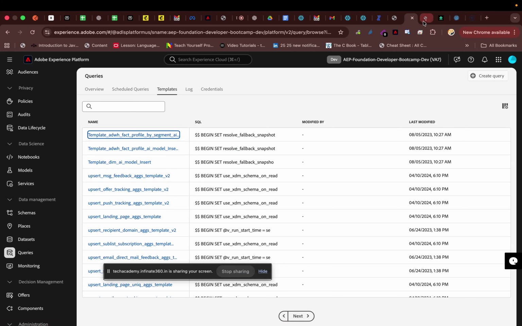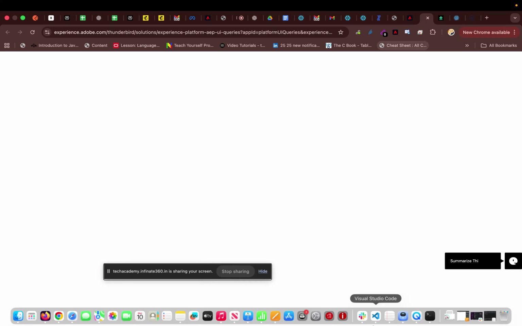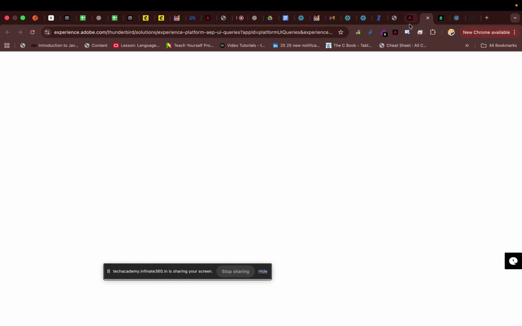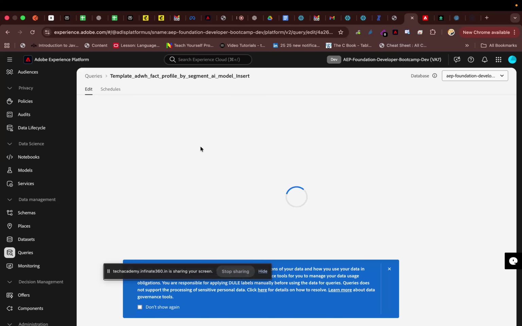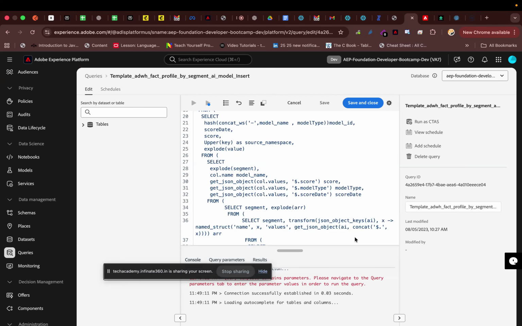How can I retain that profile data? I have written some queries which I have copied from the experience link. Okay, here if you see here,